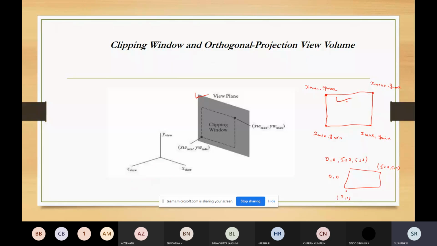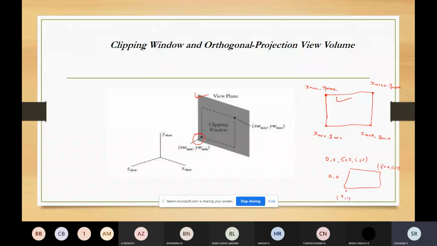So how do we set this clipping window for 3D viewing also? Just like how we have set the clipping window for 2D viewing, the same thing will be done for 3D viewing also. In OpenGL, we'll set up the clipping window for three-dimensional viewing just like we have done for 2D viewing. How? By choosing the 2D coordinates only, as you can see in the image.